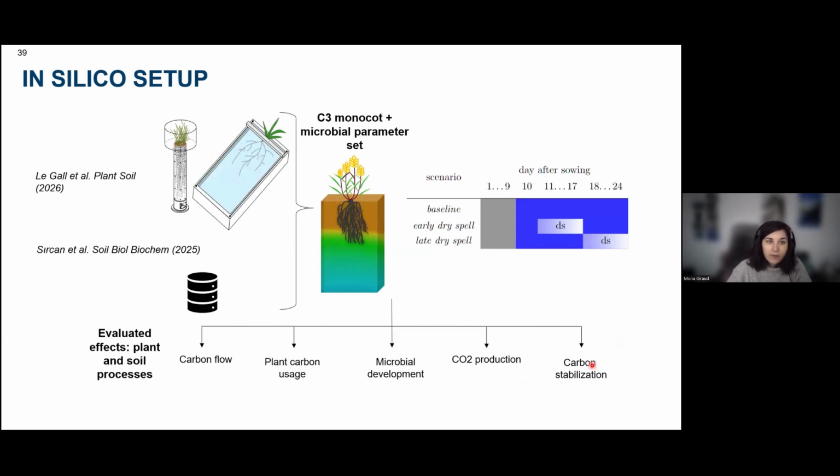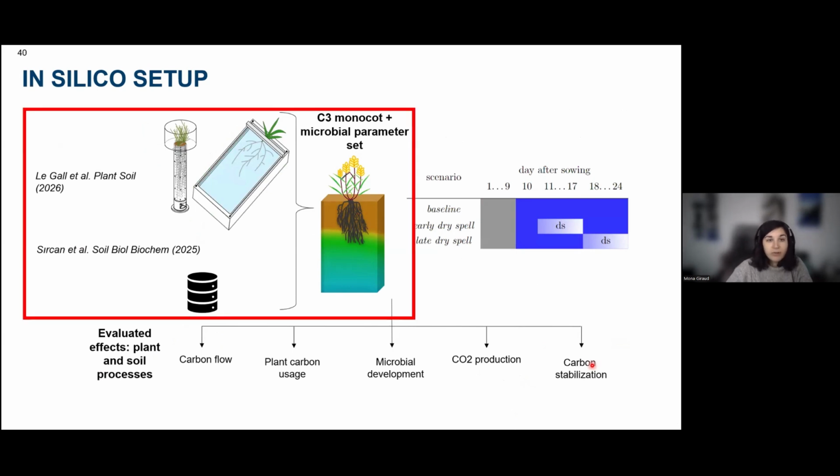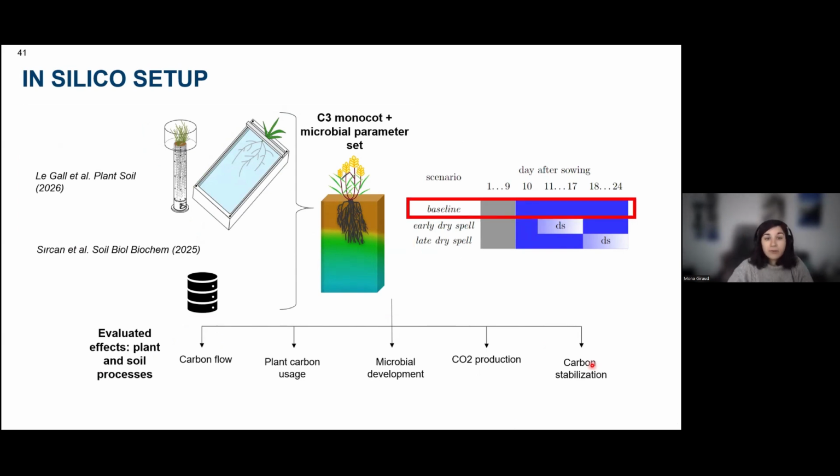Then we did a first calibration for a generic C3 monocot and for different microbial parameter sets, although today we only present the results for one specific microbial parameter set. For calibration, we used experimental results and literature data. And we had three scenarios. First we have our baseline scenario,